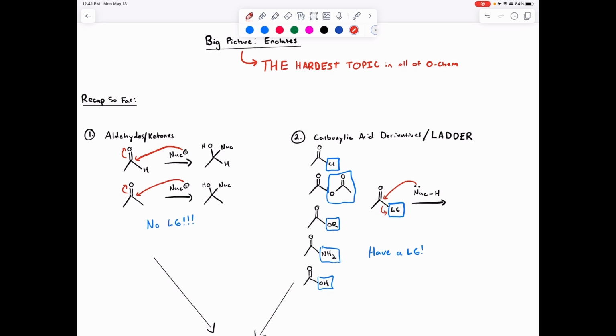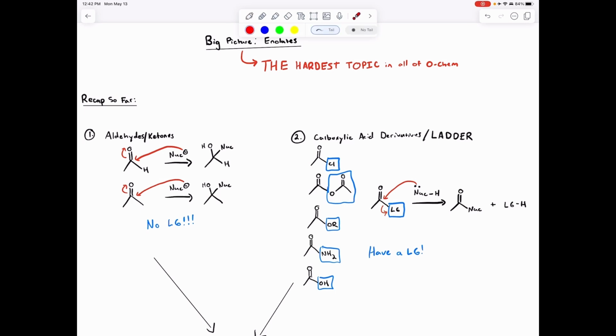And notice what I did right there is mechanistically garbage. It's a trick. The nucleophile in the carboxylic acid derivative section, it comes in, it kicks the leaving group out, and the leaving group ends up gaining hydrogen, and the nucleophile loses hydrogen. And so